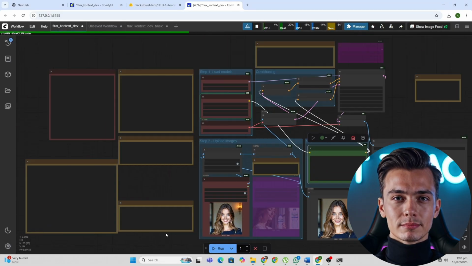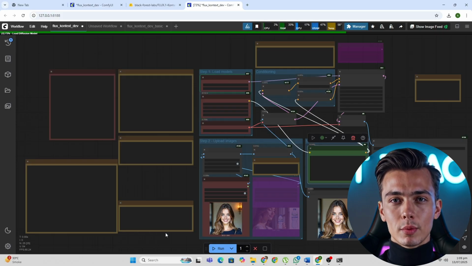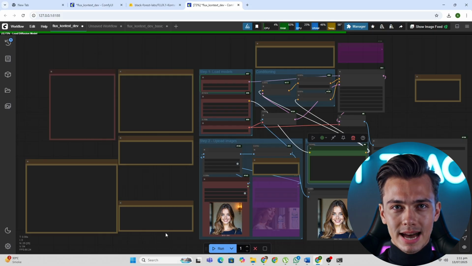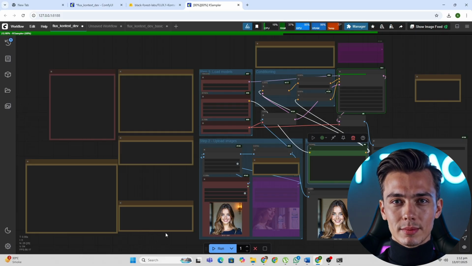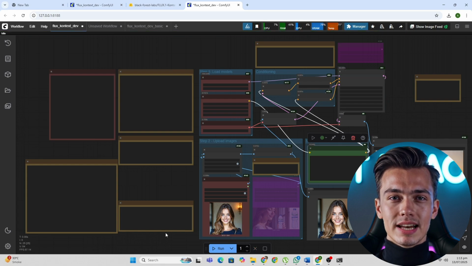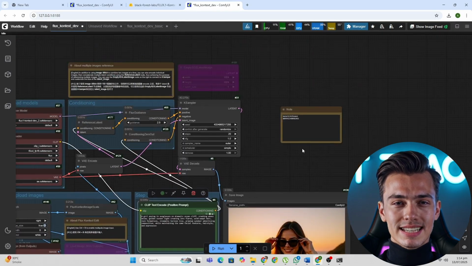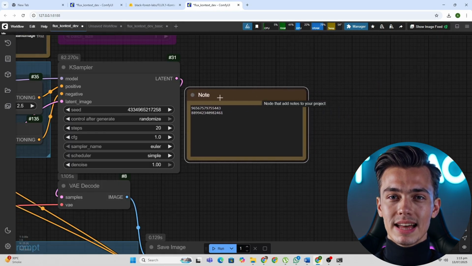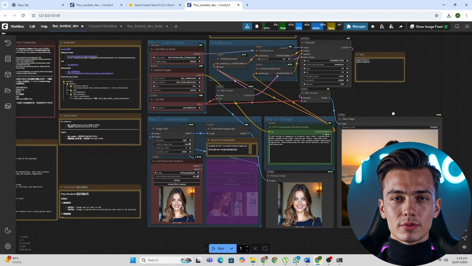let's run the workflow. The first render will take a long time because it also needs to load the models. After the initial render, it takes about 1 minute to generate an image on my RTX 3090. And remember, I am using the highest Flux Kontext Dev model and the highest text encoder model. If you use lower models, definitely the time will be a lot less. Okay, as you can see, the render is complete and we have our result. If you are not getting a good result, you can use these seeds and try again. In my testing, I achieved good results with these seeds. I hope now you understand how to run Flux Kontext on your PC.